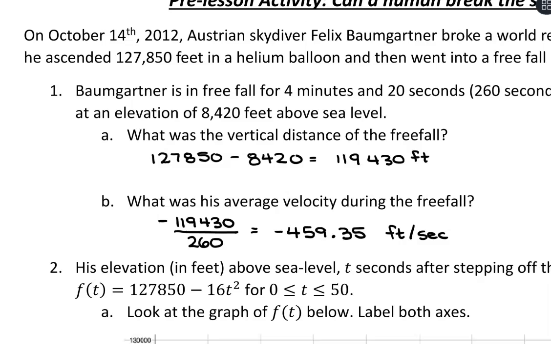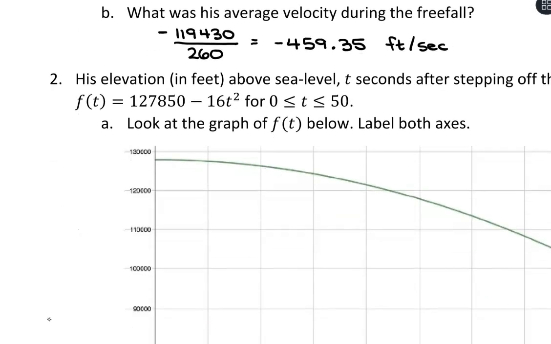But what we want to do is zoom in and talk about instantaneous velocity. What was his speed at different moments in time during the free fall? Because what we're going to see is there's going to be moments in time that he was going a lot faster than just 459.35 feet per second. So we have our function here that we're looking at for the free fall, and we're just going to focus on the first 50 seconds of the free fall